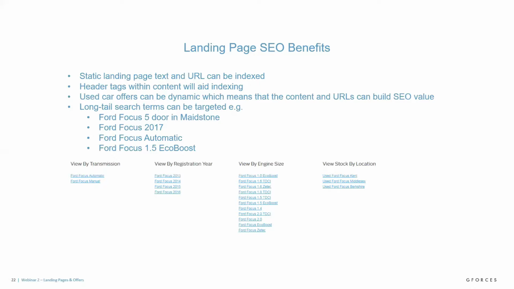And getting a little bit more technical, we can also use long tail search terms. Rather than just have Ford Focus, we can actually be more specific. We can have 5-door in Maidstone, 2017, automatic, or 1.5 EcoBoost. So we can actually go down into a number of different search parameters, and we've got some examples of those